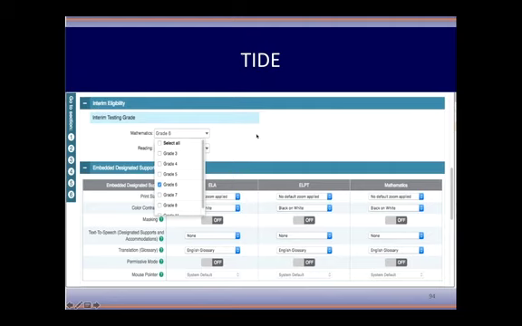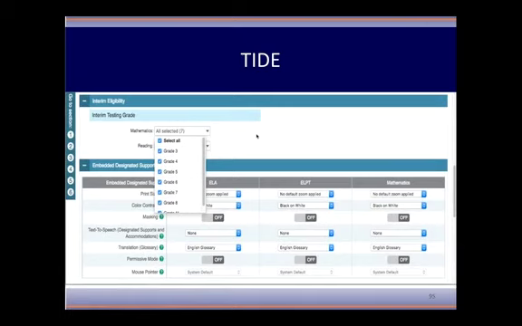When I first get in there, this was a 6th grade student. Grade 6 is chosen. I need to just select all. Now this student can take any grade assessment. I could have just chosen 7 or 5, but while I'm in here, I might as well just pick them all. It's not going to hurt anything to have them all in there. It only affects the interims and the modulars. It doesn't affect the summatives.